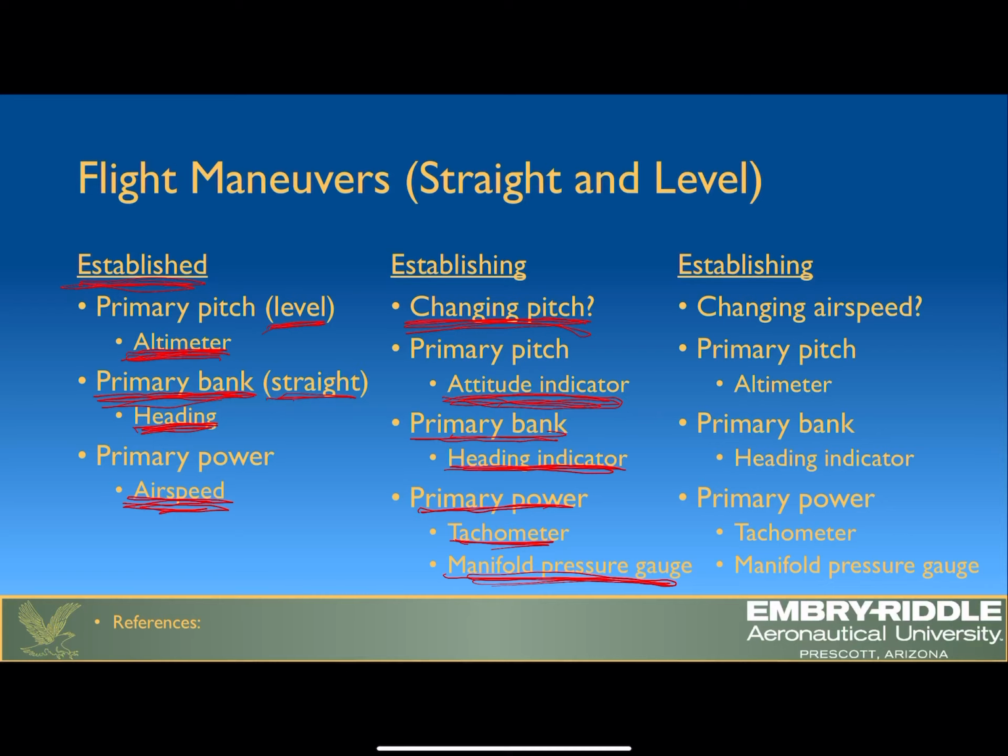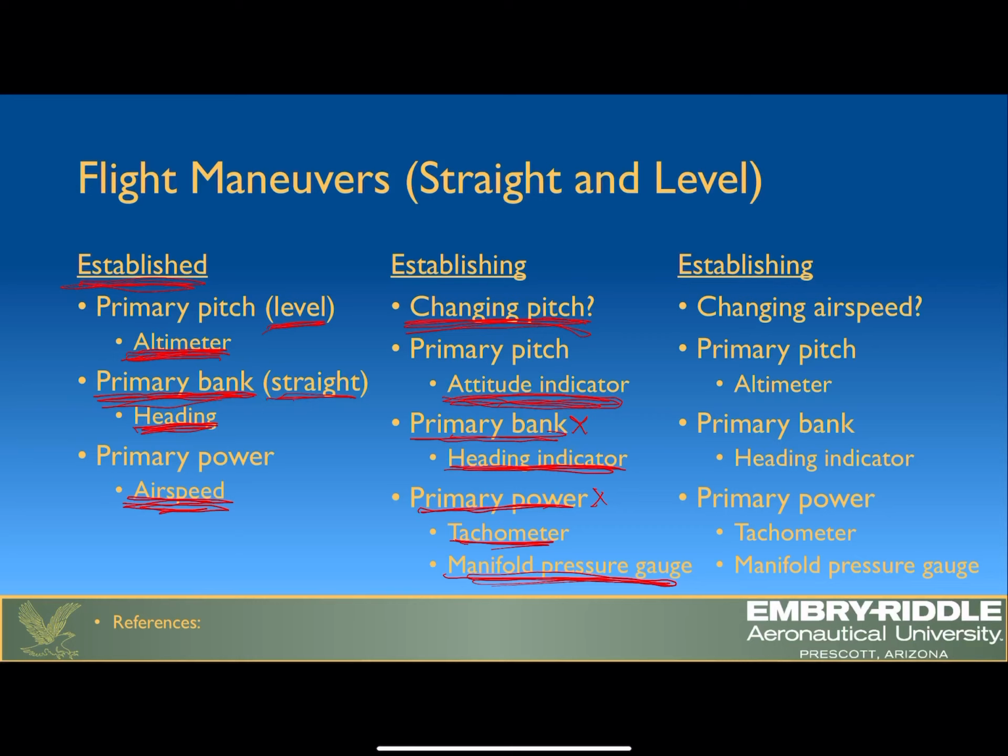So we set our power, and our primary is going to be looking at the RPMs in our Cessna 172. So again, if we're establishing straight and level via changing pitch, my primary instrument for pitch is my attitude indicator. My primary bank instrument is the heading indicator, and my primary power is the tachometer and manifold pressure gauge, if